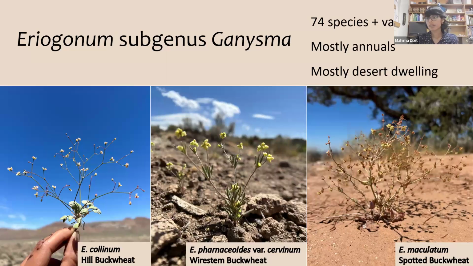As I mentioned earlier, there are 62 species, but if you count varieties, there are 74 species plus varieties in subgenus Ganysma. Most of these are annuals, as mentioned before, but there are a couple perennials, and they have a mostly desert distribution. And that's one of the reasons that I studied them, is that because they're annual and they live in